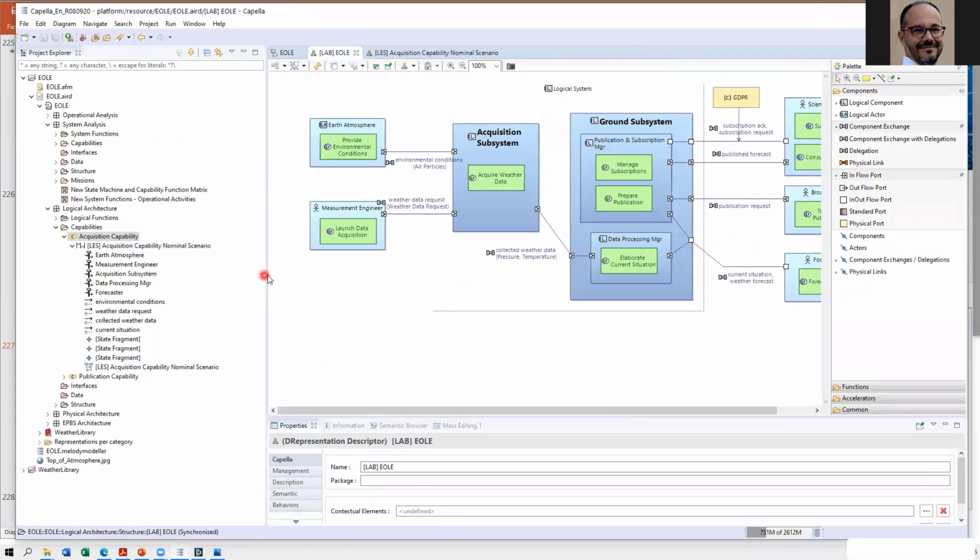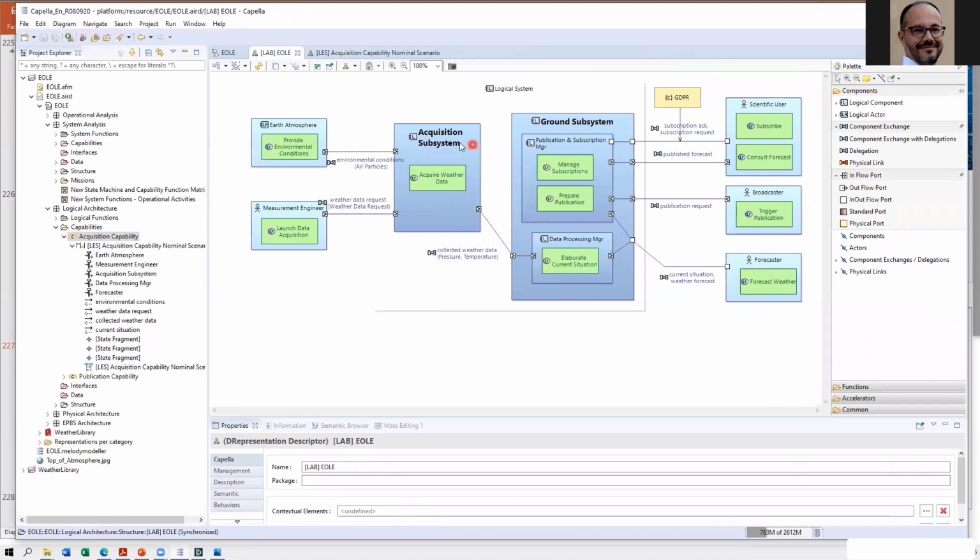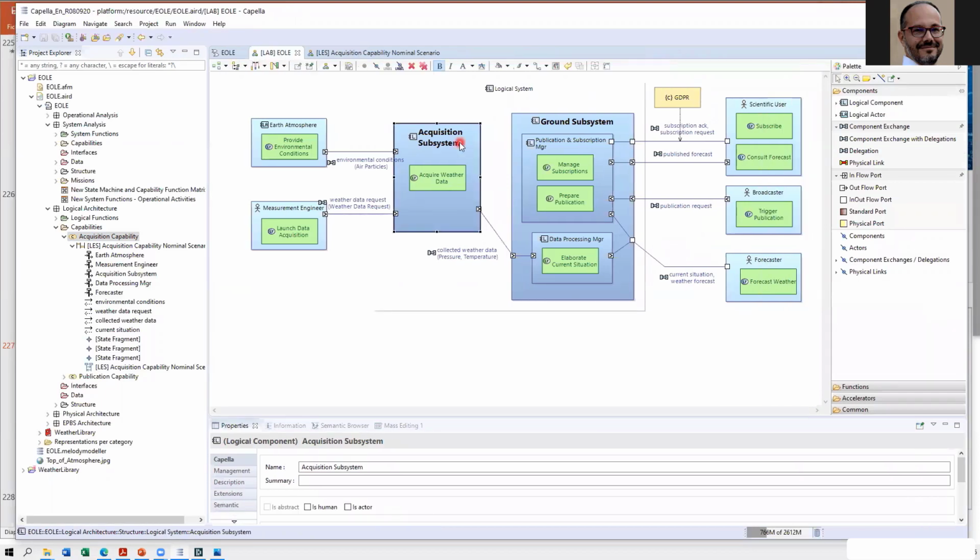Okay, so my idea is that the acquisition subsystem is really not my job. So I don't want to go further in the modeling of this. I don't want to try to do some physical architecture because I have no idea, in fact, of solution. I want to keep this as a specification of what should be done.